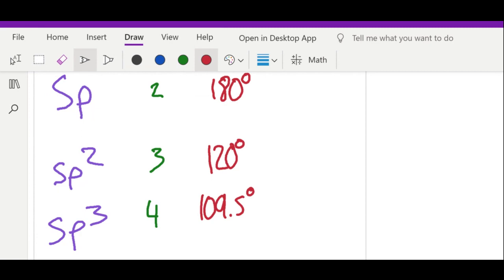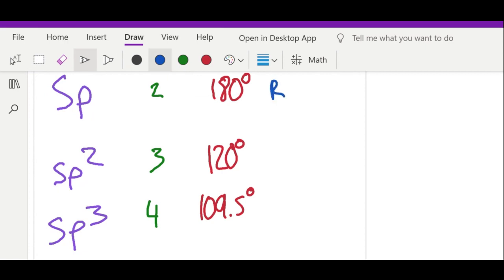So again, hopefully this is all making sense. If not, I would go back and review some general chemistry concepts. Okay? Now, to see an example,